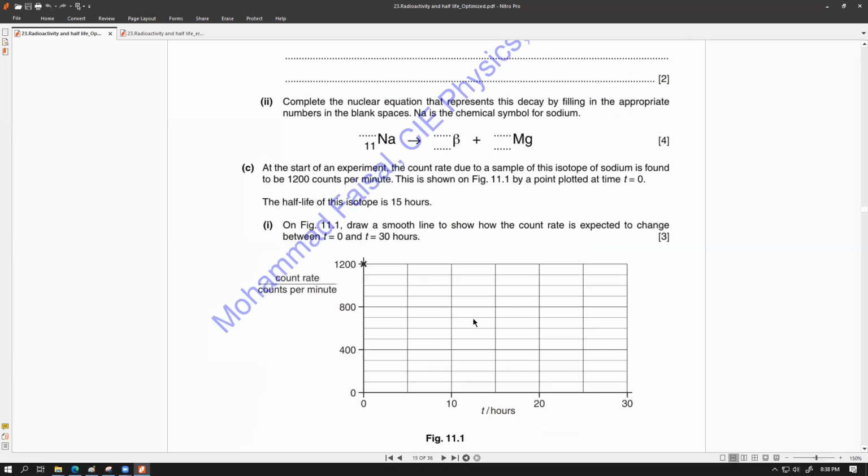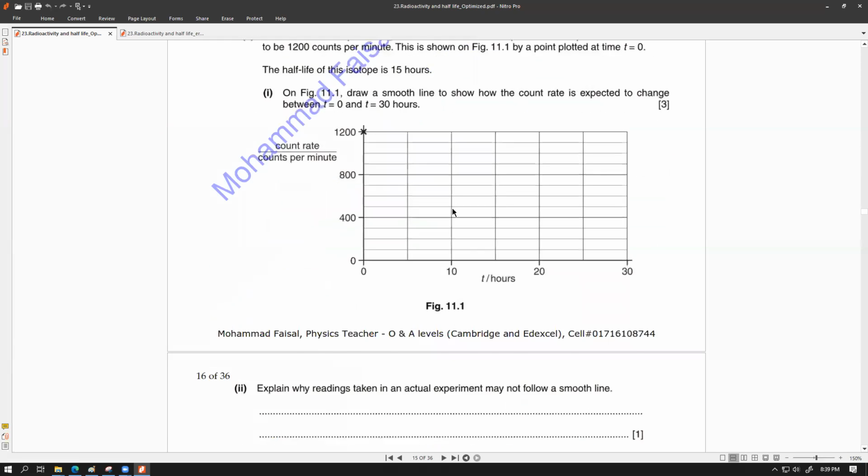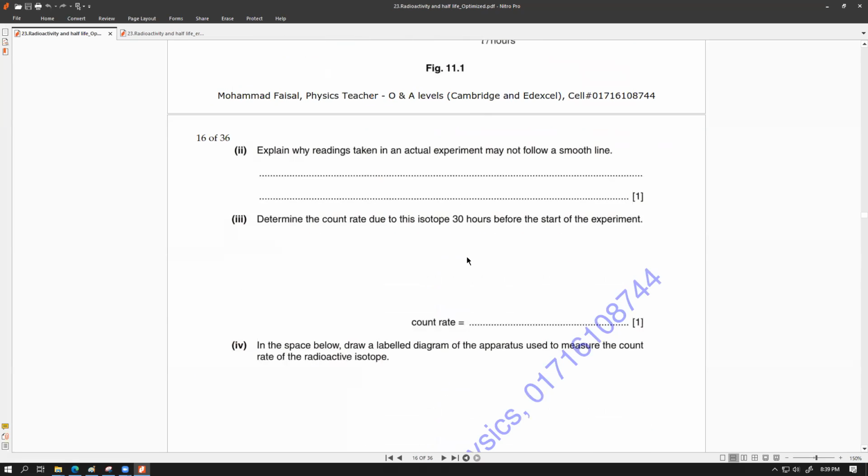ব্যাপার না পরে উঠাবো। আচ্ছা এখানে আমাদেরকে একটা গ্রাফ আঁকতে বলছে। হাফ লাইফ 15 আওয়ার্স, সো এই 15 আওয়ার পরে অর্ধেক হবে, আরেক 30 আওয়ার পরে আরেকবার অর্ধেক হবে। এখানে স্মুথ একটা কার্ভ আঁকবা। এগুলা সহজ জিনিসপত্র।